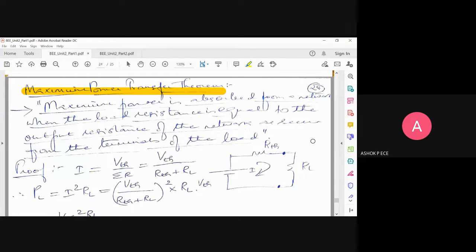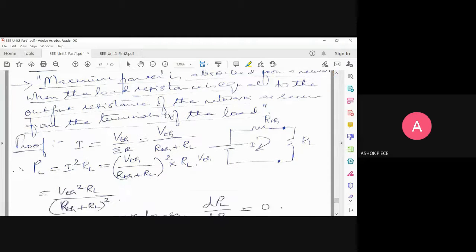So when you put RL equal to RTH, they say maximum power is transferred from source to your load. So you will not have loss. Other than RTH, whatever value of RL you choose, the power will always be less, which means you will have some amount of loss. Is the significance of maximum power transfer clear? Is anybody having a doubt in the statement of the maximum power transfer theorem? Anybody having a doubt?